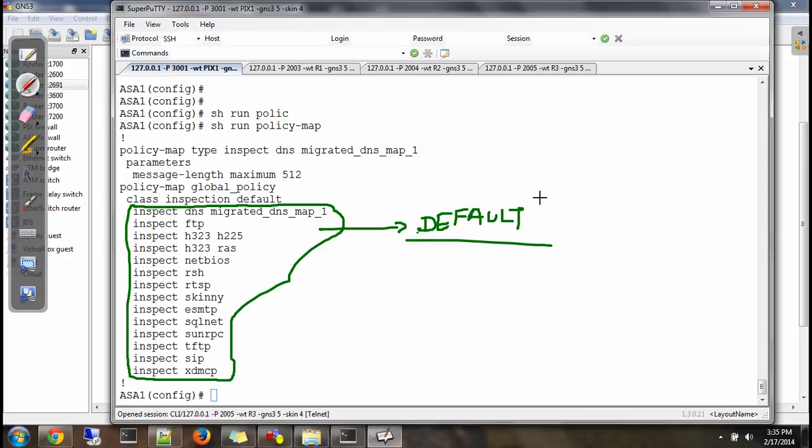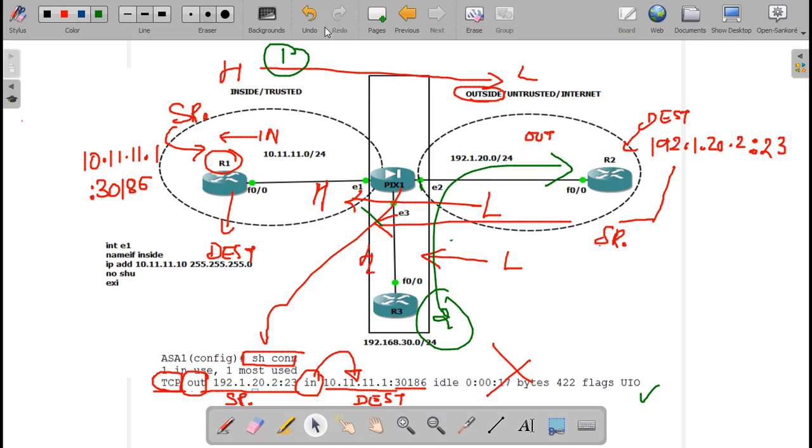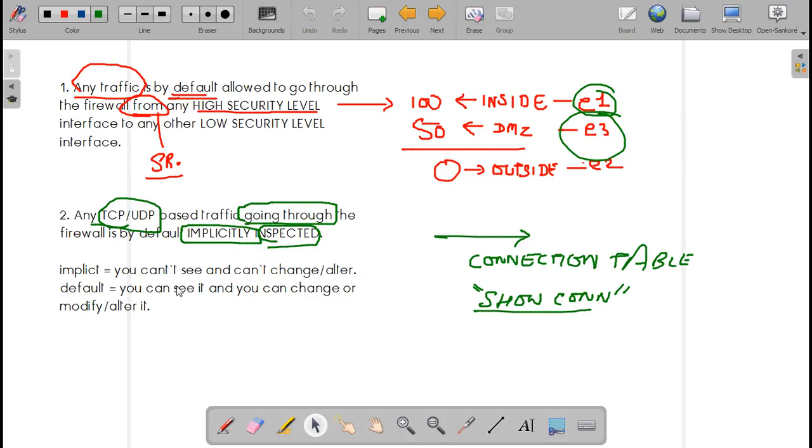By default, it will work, because you can see them and you can change them. Remember this: what is default? You can see it, you can change or modify it.